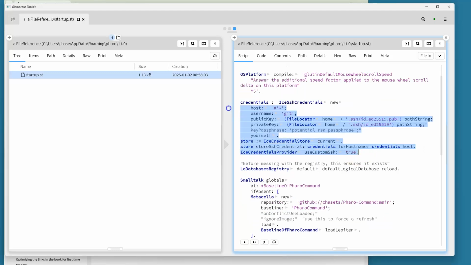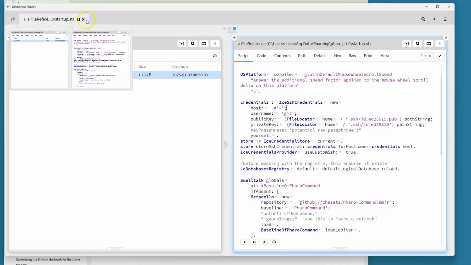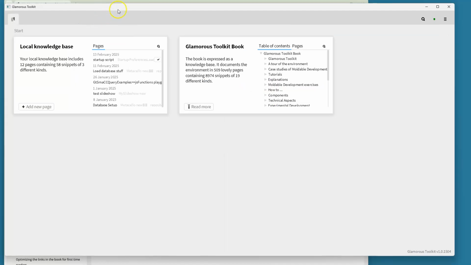This is from the book. It's how to set credentials that match your GitHub SSH credentials that you've already set up on GitHub, and then using that to load a private repo. So that's all I have loaded on this GT, so that's what's run so far. We want to look at